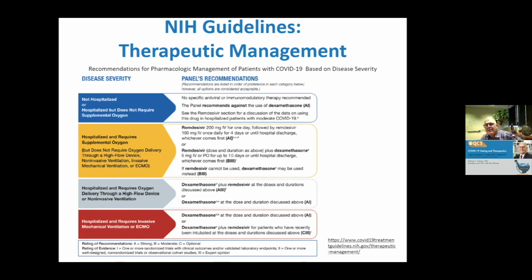Okay, the NIH guidelines, therapeutic management. I think this was a pretty decent little graph in that it talked about the disease severity, again, showing at which stage are you in the disease state and which treatment or therapy would you use. Initially, you're not recommending the use of dexamethasone, and then you see hospitalized or the oxygen. And this is according to the NIH